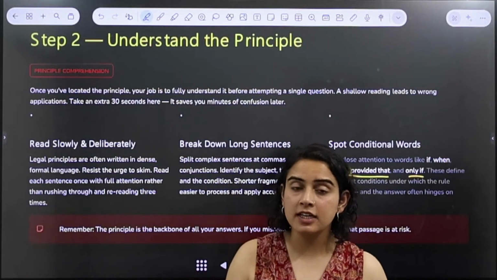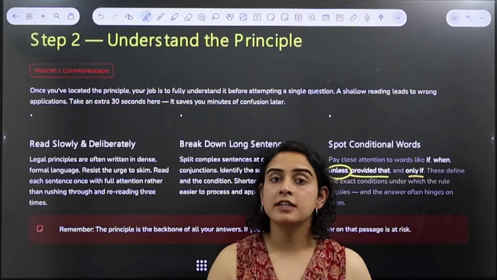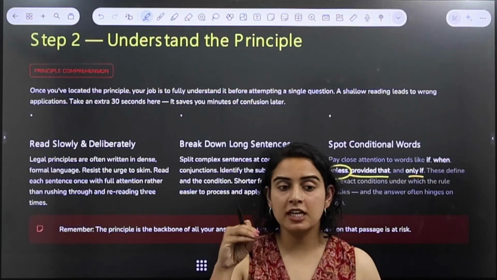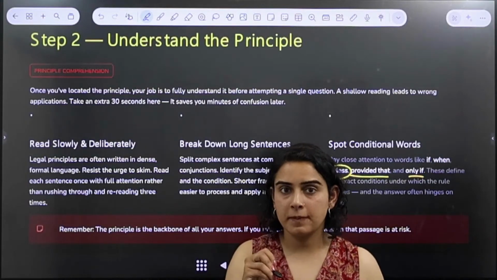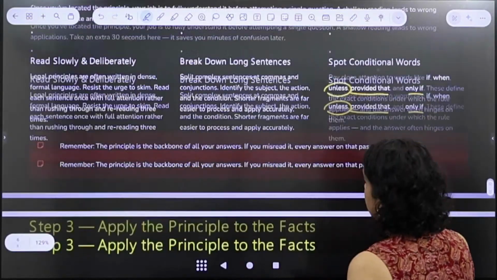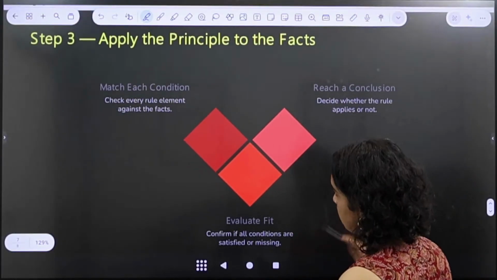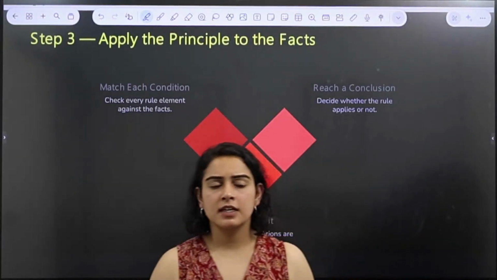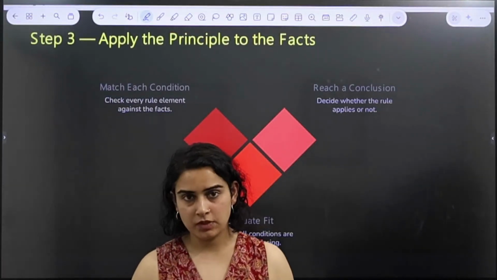But while reading, identify things that can change the meaning, that can be really important. Identify principles, identify things based on which questions can be asked, and keep on underlining them as and when you can, because that's going to be extremely useful. And then important is applying the principles. Apply the principles. It is the easiest thing to do if you have understood what has to be done.